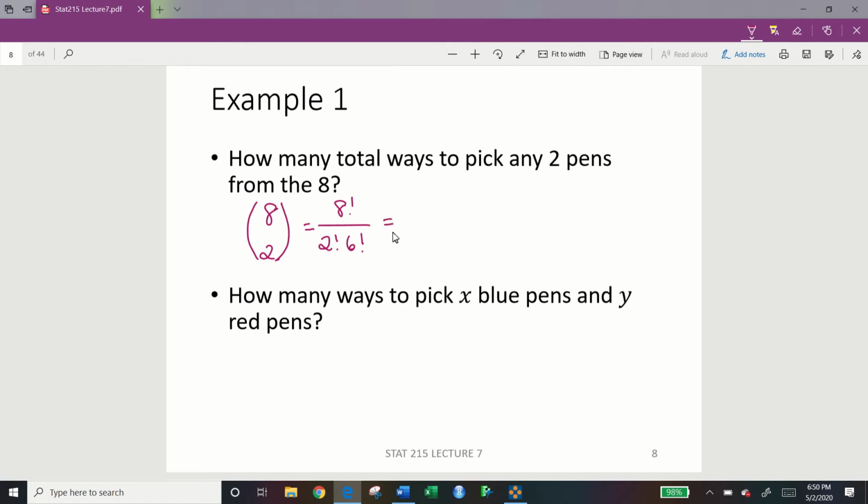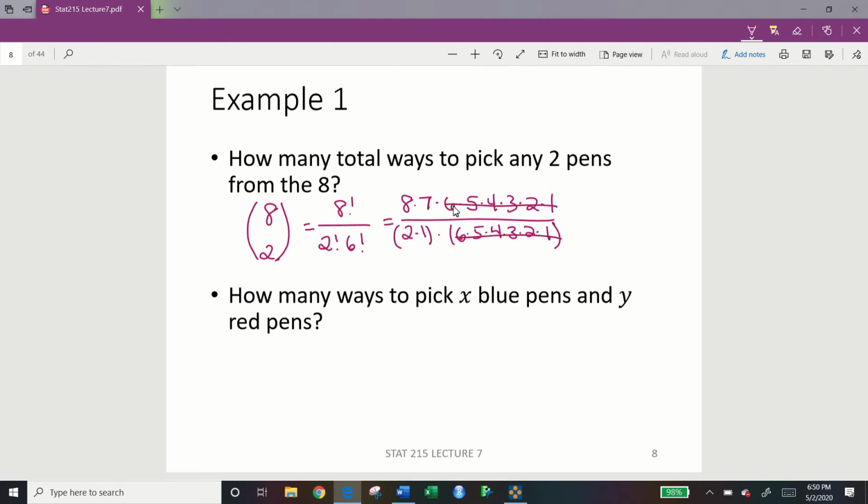This is going to be equivalent to 8 times 7 times 6 times 5 times 4 times 3 times 2 times 1 over 2 times 1